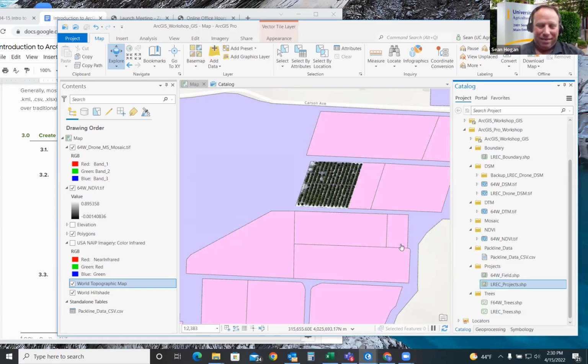Hey, Sean, for somebody like Kat, could she go back to her GIS manager and ask for a better license, or what do you advise? It's a complicated one because it differs even from campus to campus. We're so lucky to have all of the extensions and all the functionality in our license setup.